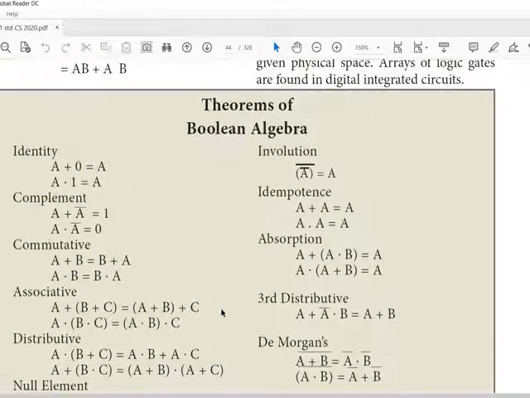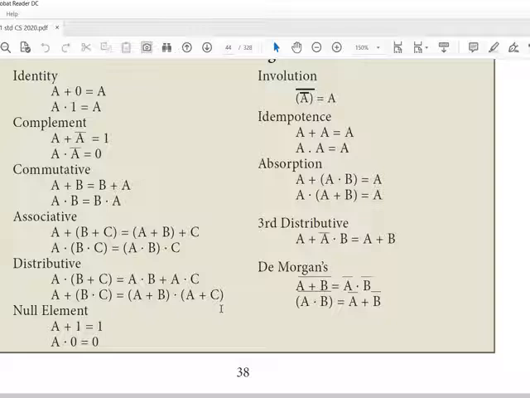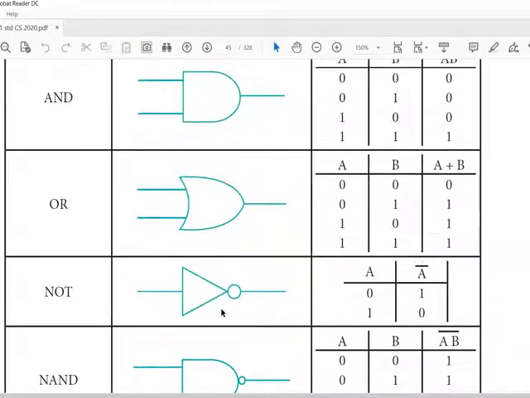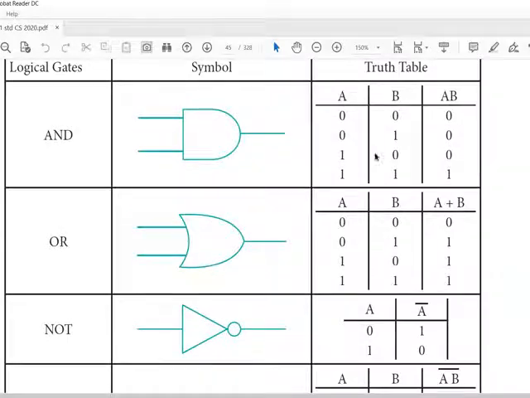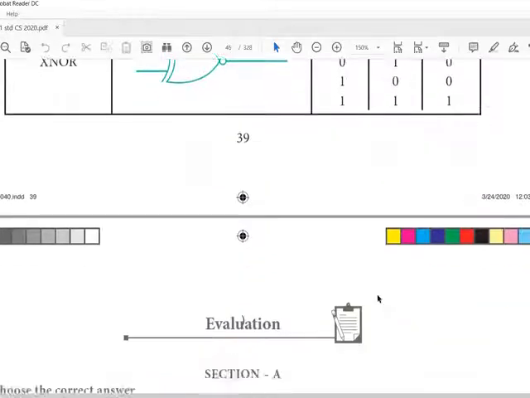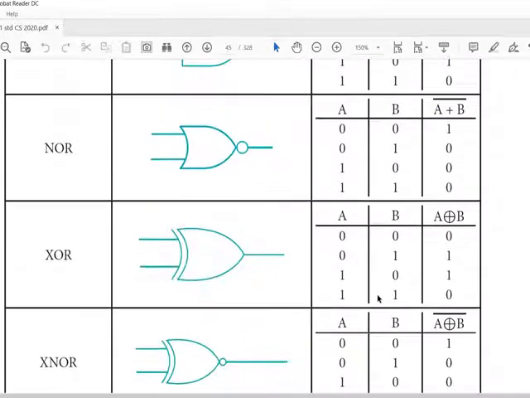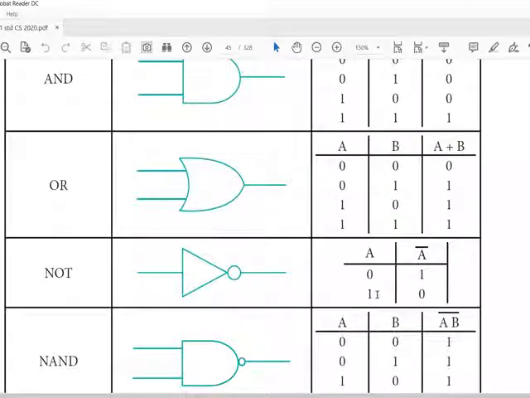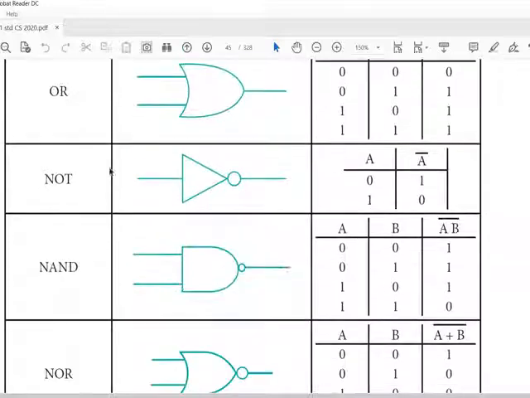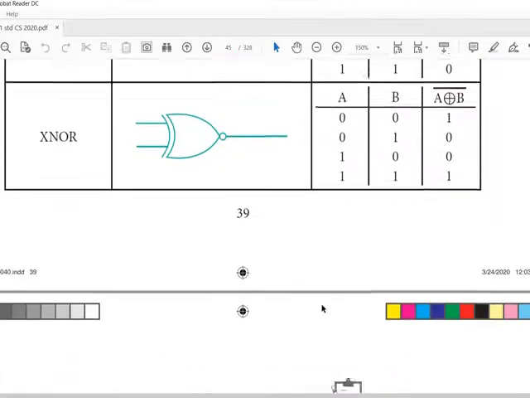That's all. So we have completed the Boolean algebra part. So learn or memorize this truth table. It will be very useful for this lesson. Sometimes they will simply ask you to write the truth table for 2 marks or 3 marks. So if you know this, it will be very useful for you.